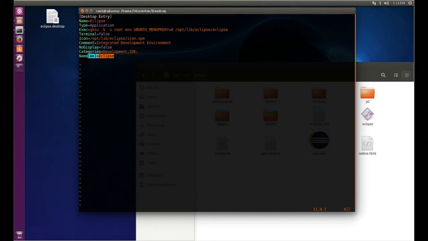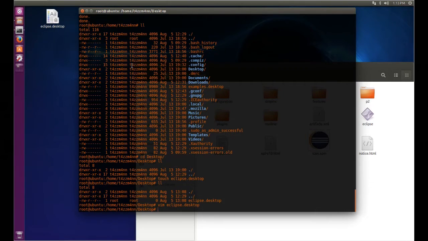So if we hit escape once to get out of the insert mode, hit colon to tell it we're giving it a command, we're going to do W for write, and Q for quit. And there we go. And now what we need to do is make it so that this file up here is